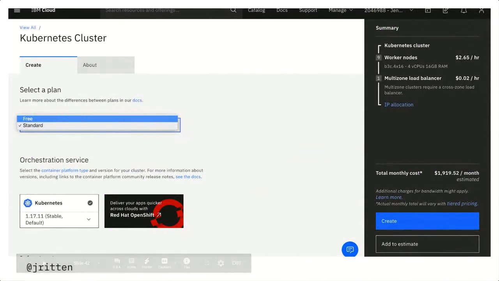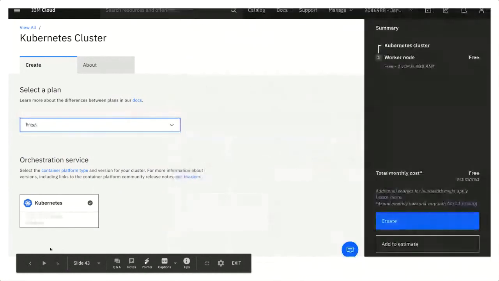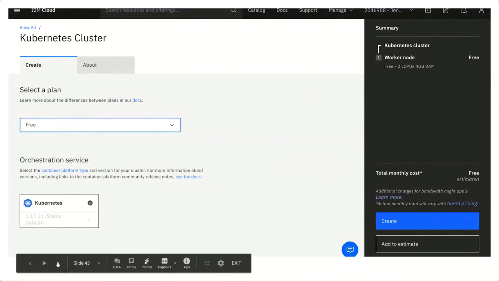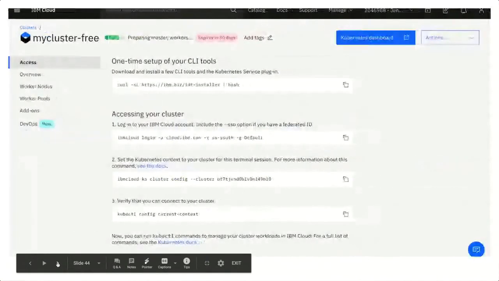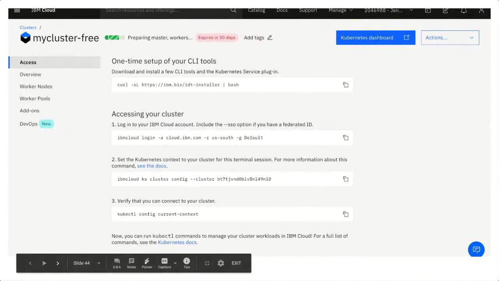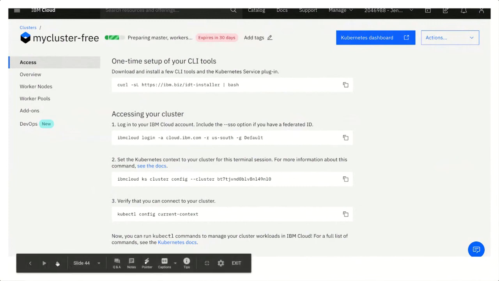So if you click on standard, you can switch to the free version, which looks like this. And you will create a new Kubernetes cluster. Now, this is the part that does take a little bit of time, so I've already done it ahead of time and gotten all of that together for you. It takes about 5 to 10 minutes, depending on, I guess, your internet provider and how much you've been online today.